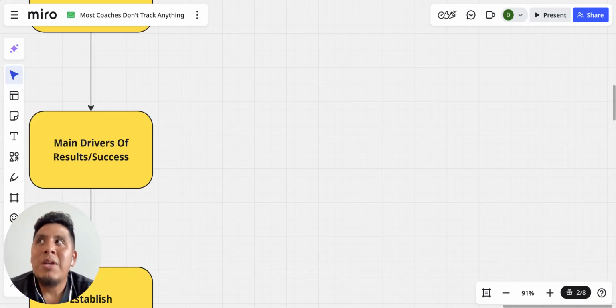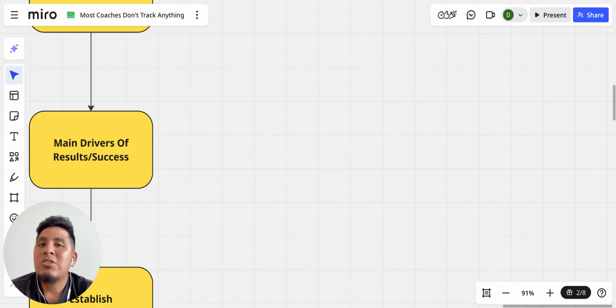You want to look at the main drivers of success and results that actually help people to get that type of result, right? So let's just break it down to like a fitness and nutrition offer. It's like, what are the main things? Is it the coaching calls? Is it making sure that they're going to the gym consistently? Is it that they have to go grocery shopping every Sunday and Saturday and have their meal preps, right?